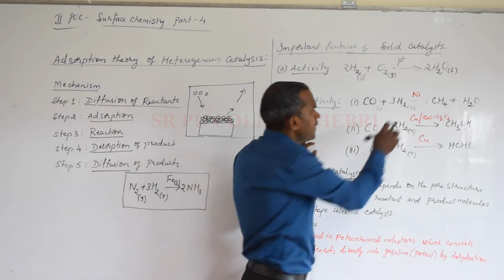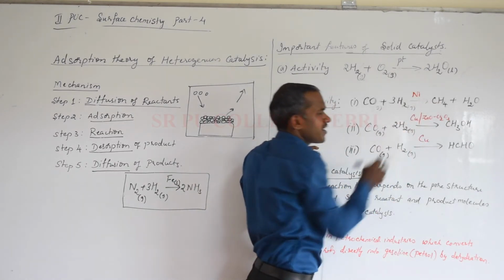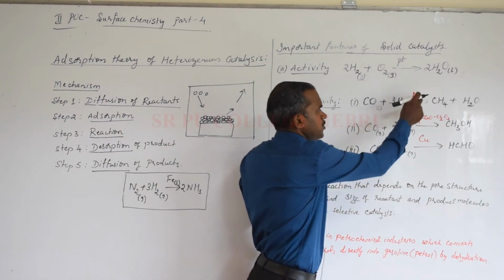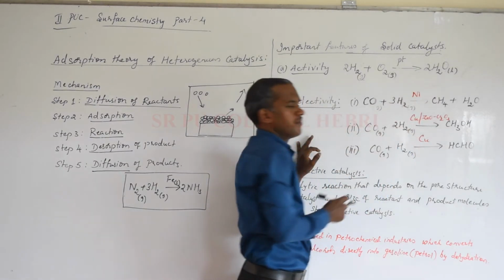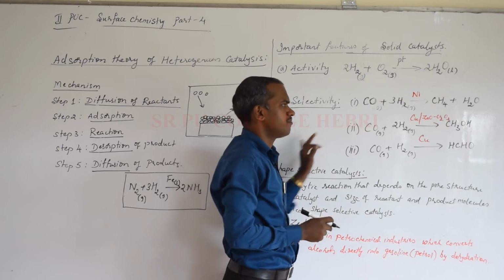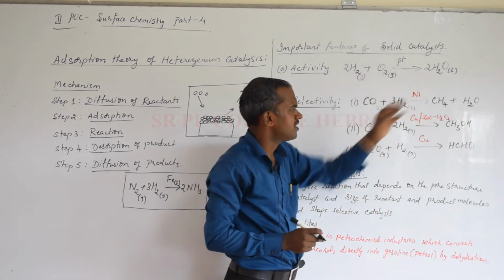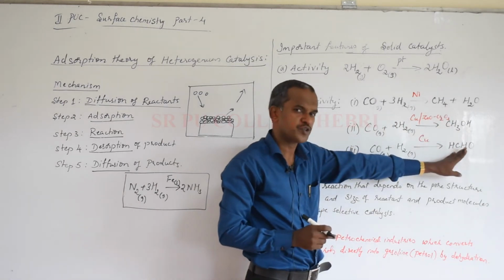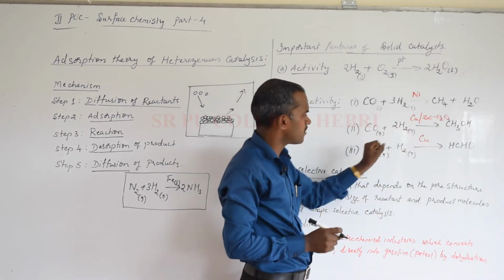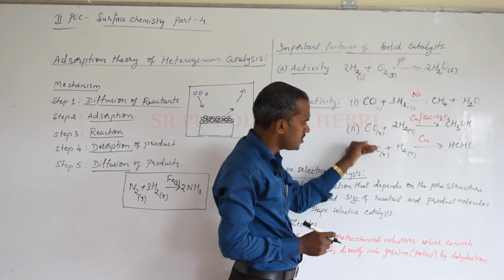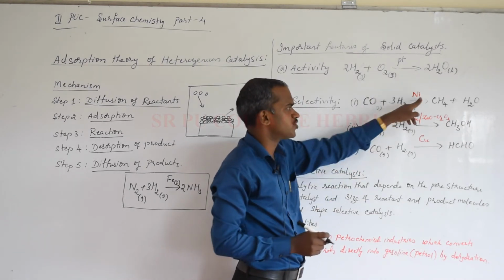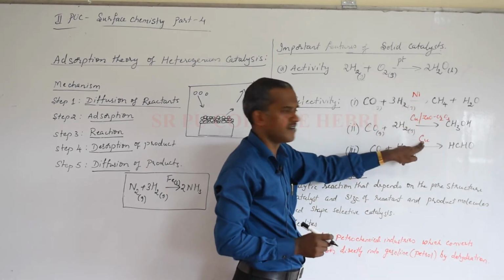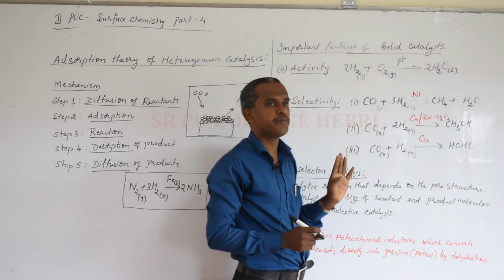Depending on the catalyst, look at the right side of the equation. In the first case, with nickel, methane was formed from carbon monoxide and hydrogen, along with water. I don't want to write the physical states of the products, which is not required here because we are discussing heterogeneous catalysis. All these are examples of heterogeneous catalysis because a solid catalyst was used, but when we change the catalyst there is a difference in the product formed.